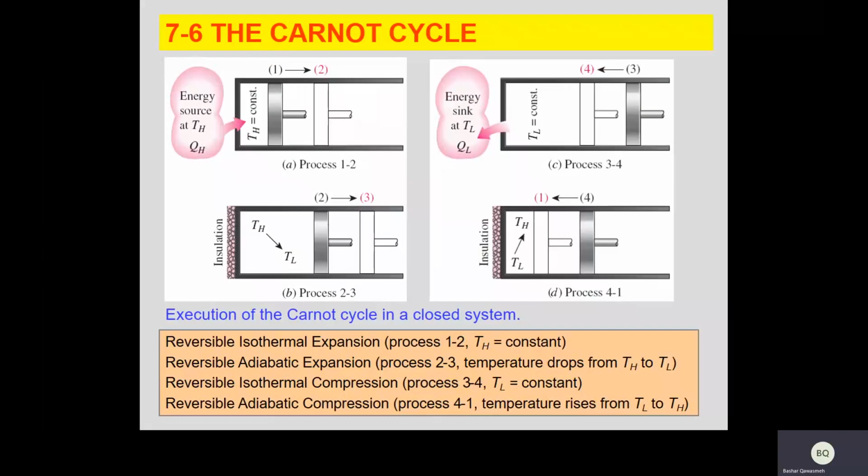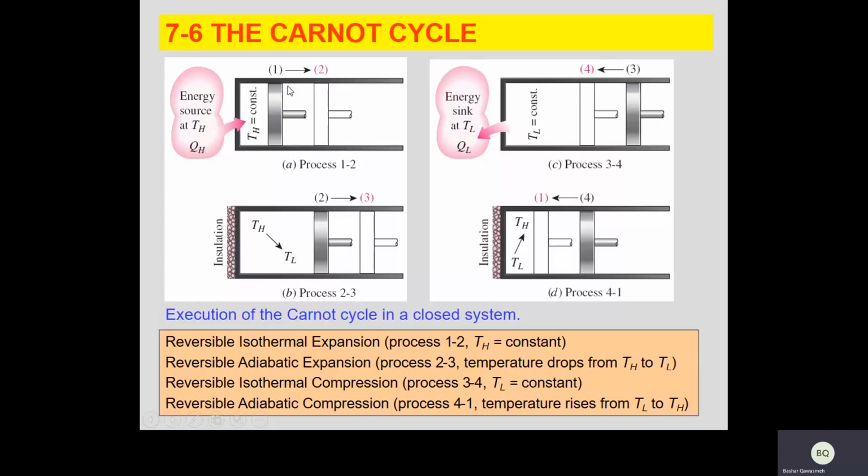The Carnot cycle. Since we mentioned reversible and irreversible processes, we come to the reversible cycle. As we know, a cycle is a process in which the initial and final states are identical. The reversible cycle, for which we take the Carnot cycle as an example, consists of several processes. Here there are 4 processes, which are all reversible.